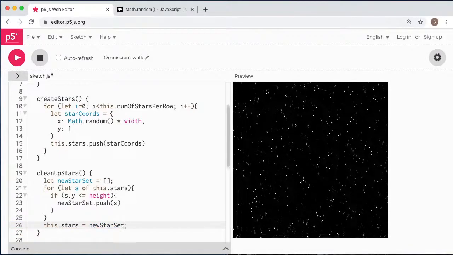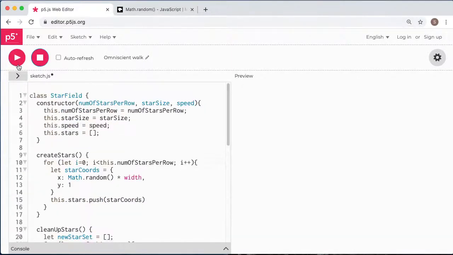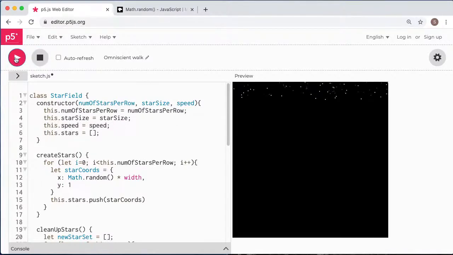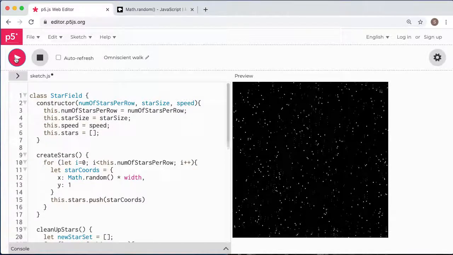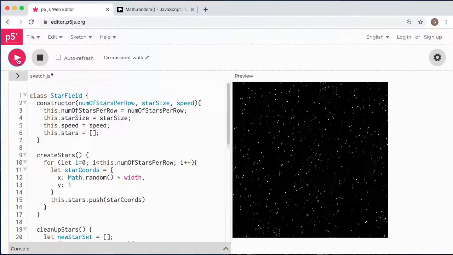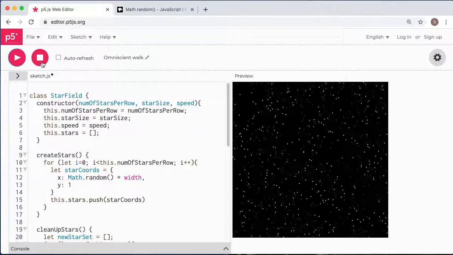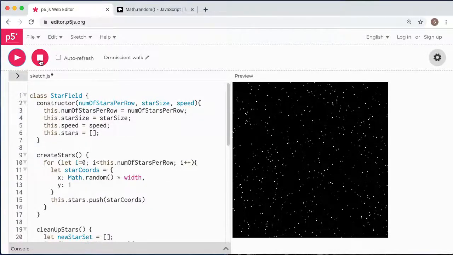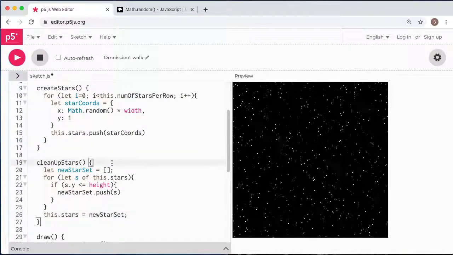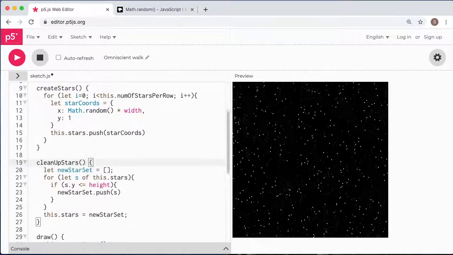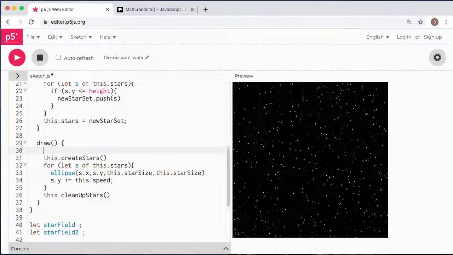There it is. So that's the idea. Let's see if I messed it up or not. And there we are. It still works. Seems to work. Let's log a bit of data to see if it is actually removing stars. Let's write something in the draw method right there. Come on, let's do it. Console